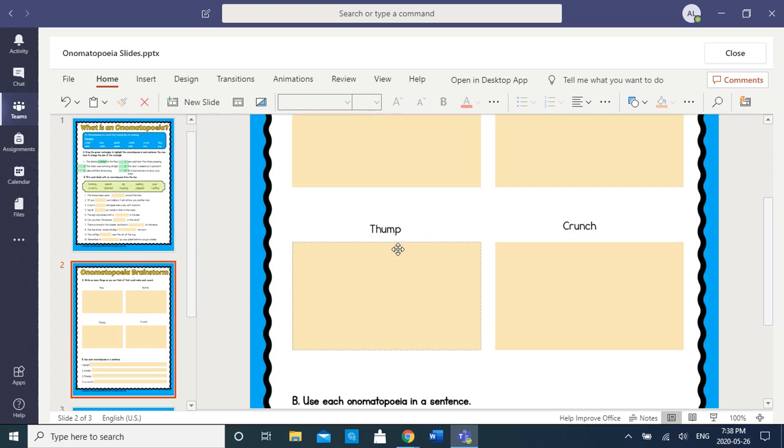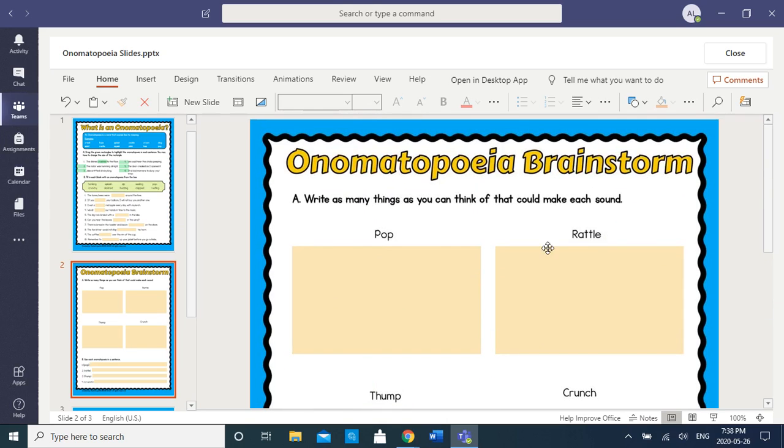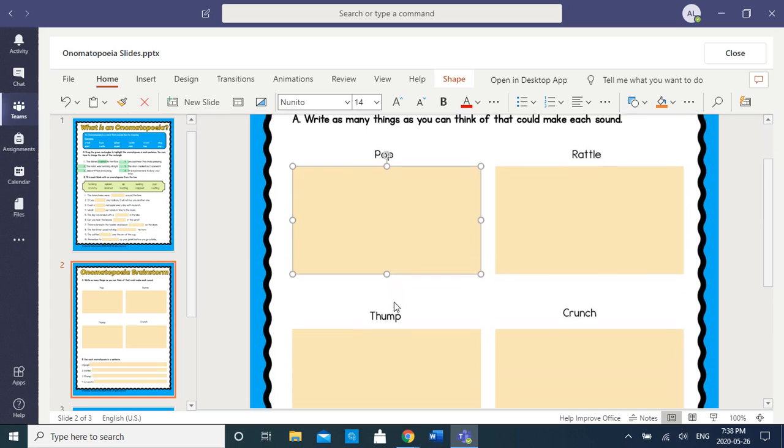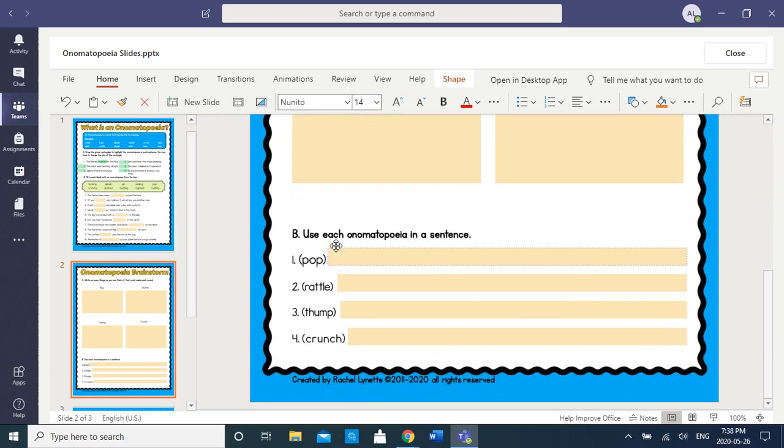So you can click on it, and then when it opens up, it says write as many things as you can think of that could make each sound. So for a popping sound, you might write popcorn, a balloon, different things like that. Try to come up with as many as possible. And then you need to use each onomatopoeia in a sentence. So if I was going to write one for pop, I might say the balloon floated into the air and